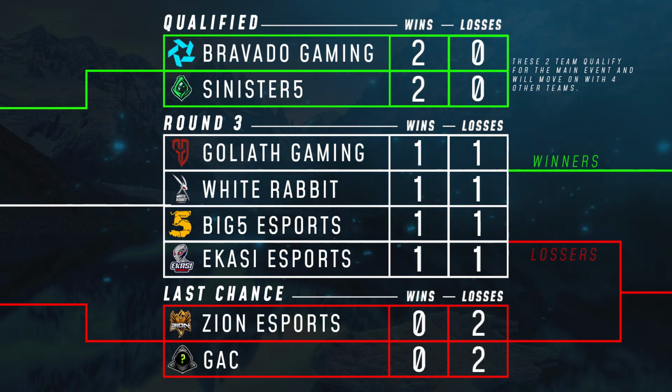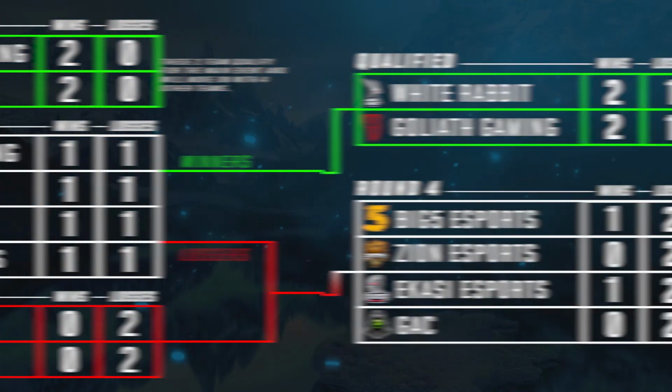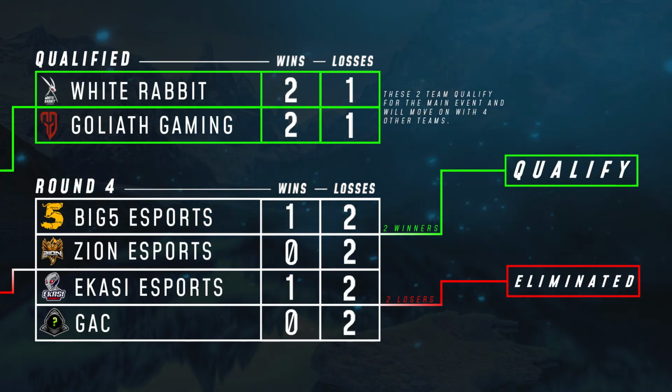After Saturday, we will have 2 teams qualifying for the championship stage and still the last 6 teams alive, but they will be fighting for only 4 spots left. So all of the teams with a 1-1 record will be playing in round 3, and this will be, for instance, Goliath Gaming versus Big 5 and WRG versus Ikasi. Now this is a huge match for all 4 teams, as the winner will qualify for the championship stage with a 2-1 record. Unfortunately, the losers will move to the elimination bracket, joining all the teams with an 0-2 record,